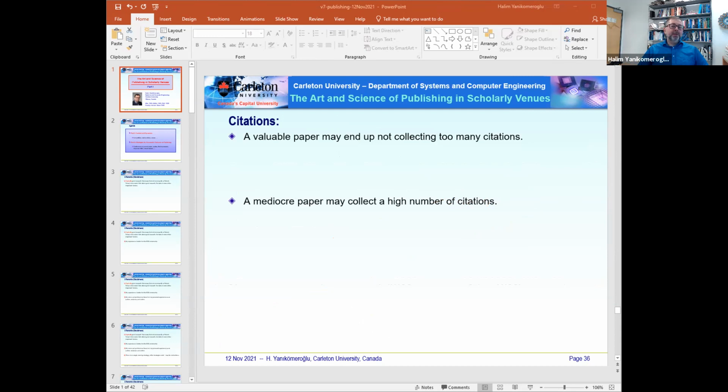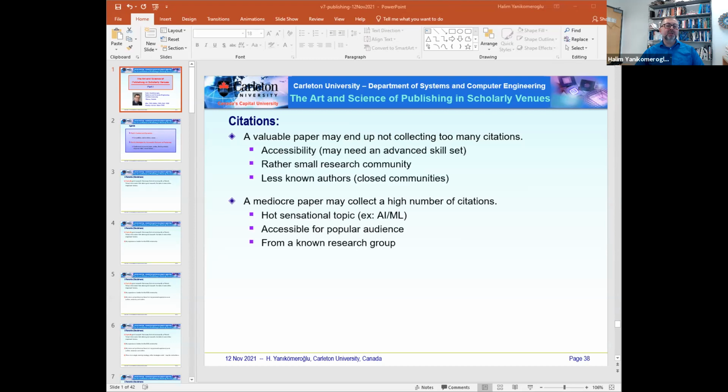A valuable paper may end up not collecting too many citations. On the other hand, a mediocre work may collect a high number of citations. Again, let us be aware of this. And the reasons are very many. I put 3 reasons for each of the categories. The good paper,